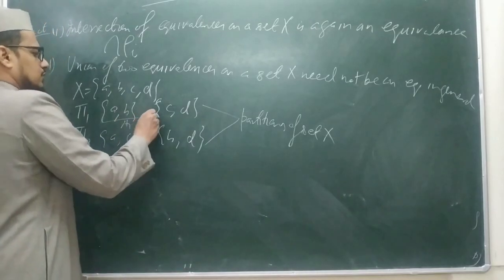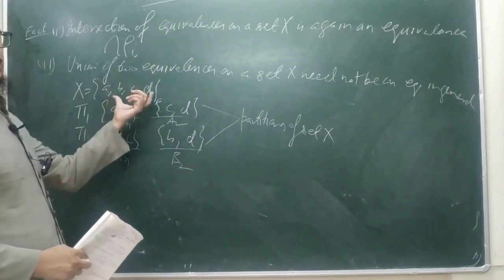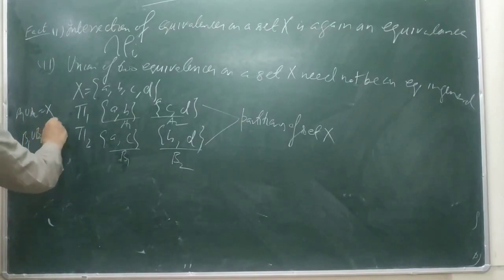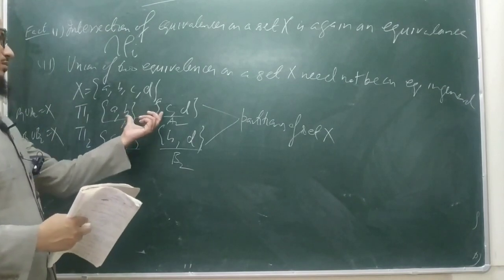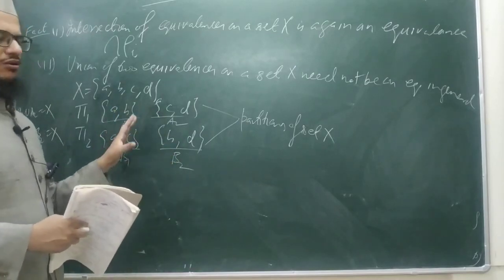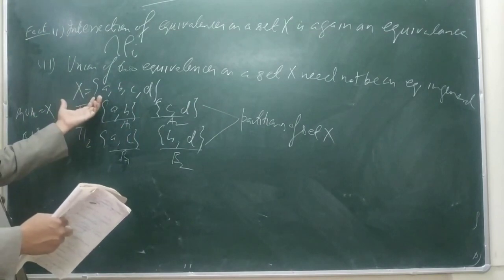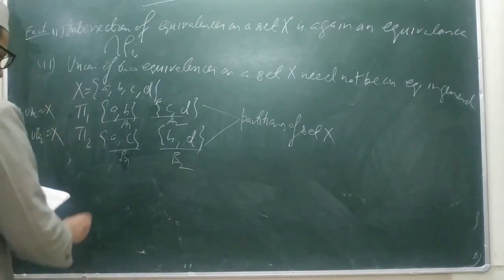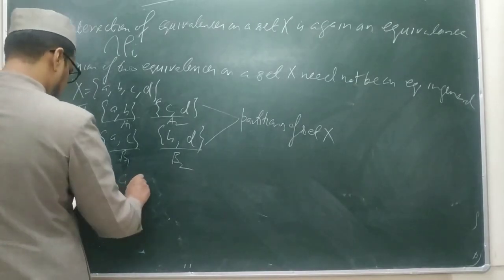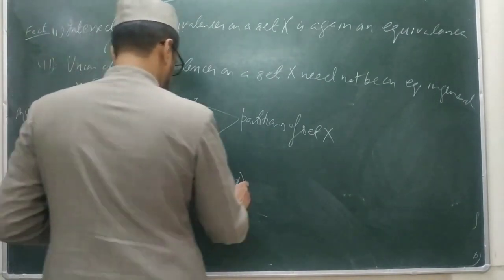Means this is A1, you say this is A2, this is B1, this is B2. Now all of you can see that A1 union A2 is X. Here B1 union B2 is X. And if you take the intersection, it is empty. And also A1 and A2 are non-empty. So they follow all the things required to make a partition of the set X. So pi 1 forms a partition on set X and pi 2 also forms a partition on set X. Now I am just writing the relation, the equivalence relation. Rho of pi 1 is what? (A, A), (B, B), (C, C), (D, D), (A, B),